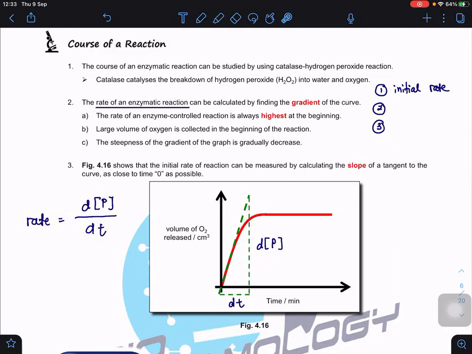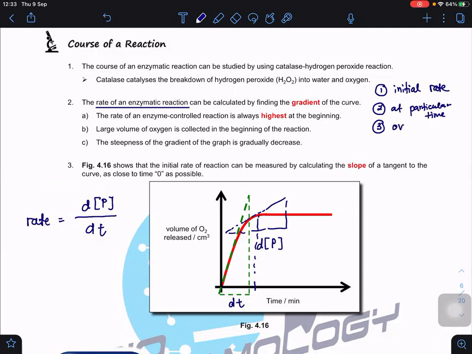So in this case, I take the time nearest to zero, okay? Therefore, I will get the initial rate of reaction. I also can measure the rate of reaction at a particular time. Then this kind of question will tell you what time. For example, I want to know the rate of reaction at this point in time. Then I place my tangent at this point, and then I measure the rate of reaction. So this is a particular point. Or I can measure